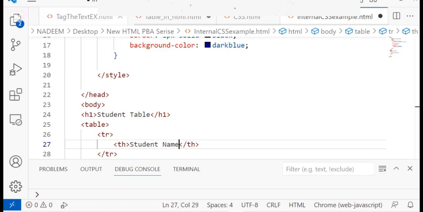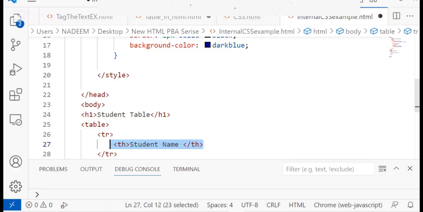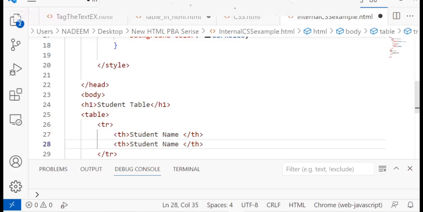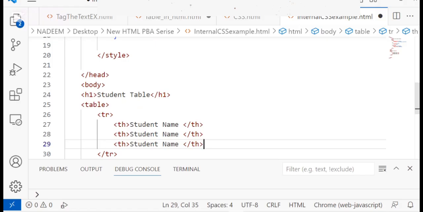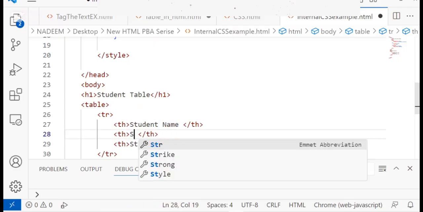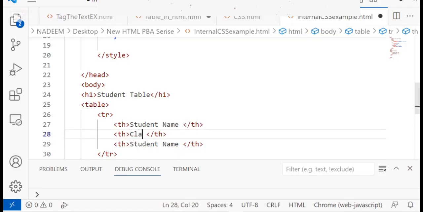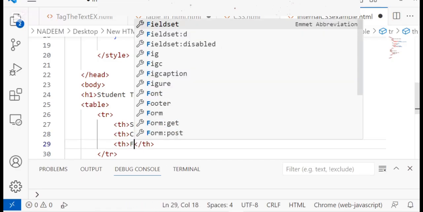If you didn't watch the previous video about table, then you must see. So tr, like first row of our table, containing 3 different table headings, that is called student name, class and fee dues. So basically these 3 table headings that we are going to use in our table.